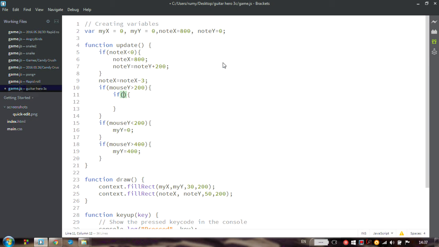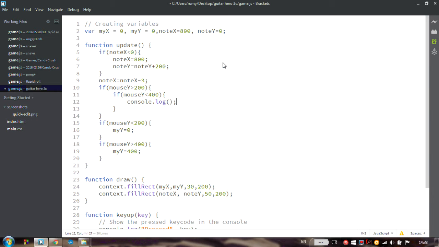And the other thing that we need to check is if the mouse is over another line. 400 is the border between the middle and the bottom corridor. So only if this condition is true, only then we will go to this if to check another condition. And only if both conditions are true, only then we can execute a line like